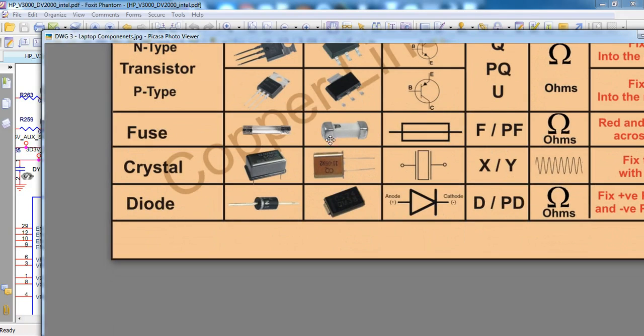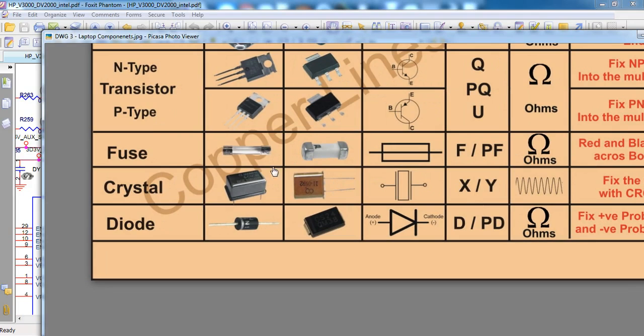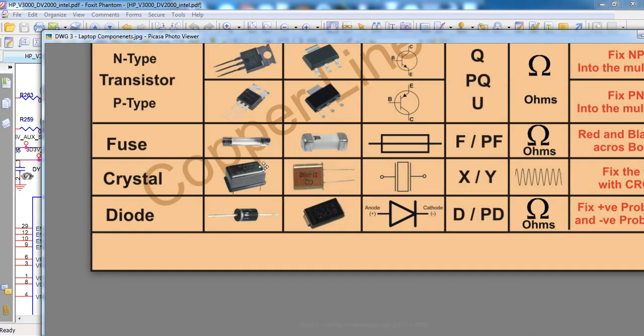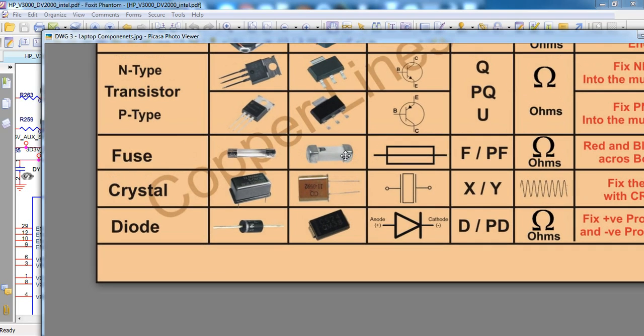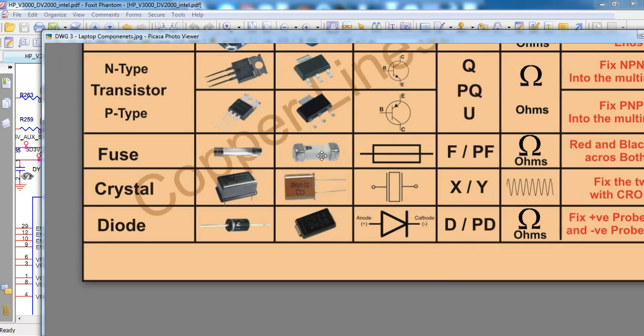So this is a diode and this is a fuse. I think there is no explanation required for this. If you give some wrong voltage or high voltage, for example Sony notebook PCs are 15 or 16 volt, if you fix a 19 volt adapter, then the fuse will break. For safety purposes, it will not allow the high voltage to the next level. So this is fuse.